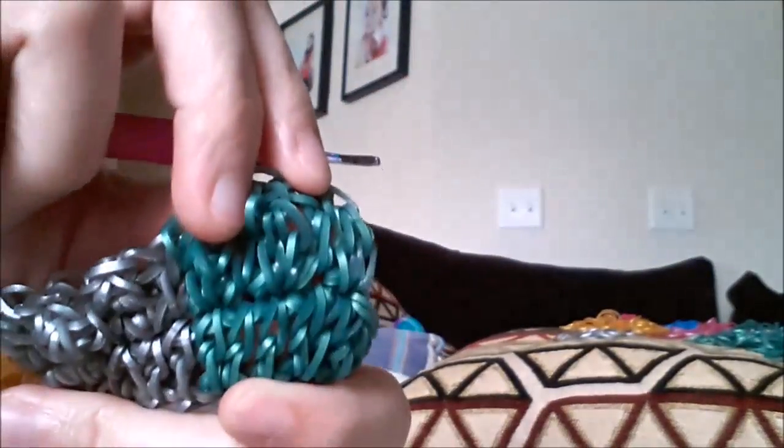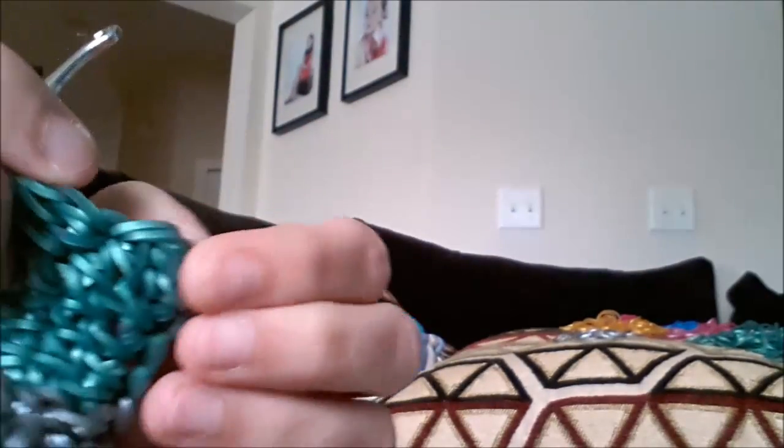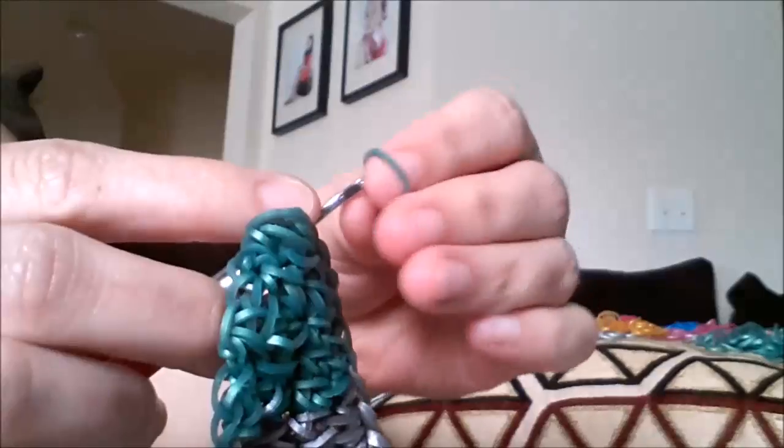Okay guys, so I finished it up all the way up to there. If you notice, that should be my last chain, but we're going to go all the way down to my very first one right here. So that's my half double crochet. Now we're going to go to the next chain, go to the next chain, 1 band, and hook them all in, and then my very last chain right here, 1, 2. So that's 2 half double crochet we're making,